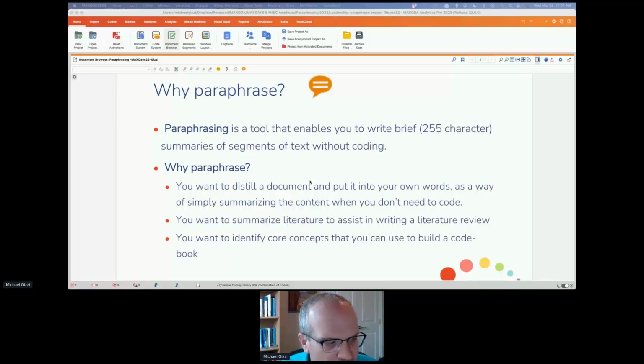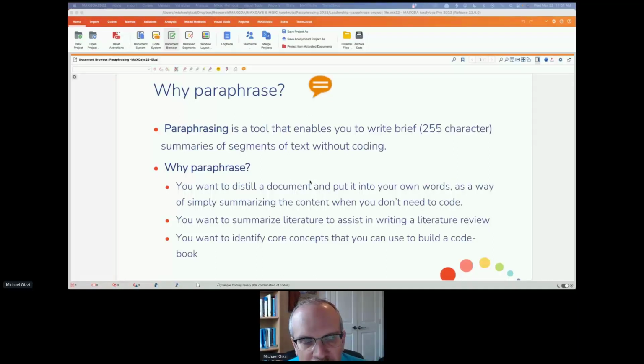And paraphrasing is a wonderful tool that lets you write brief summaries of text, or it doesn't even have to be text. You can paraphrase anything without actually coding. It's a way of putting your data in your own words.